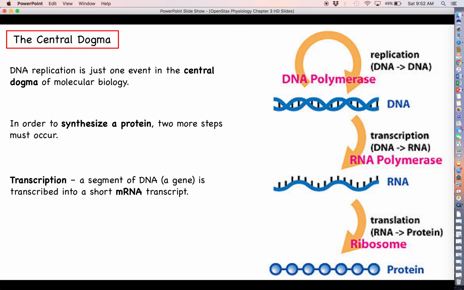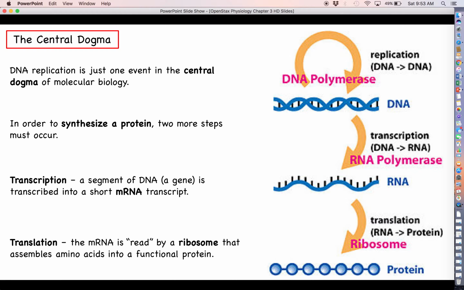Transcription is the process where you start with your DNA, particularly a very specific part of the DNA called a gene, which we will define later, and we are going to transcribe that gene into a short messenger RNA transcript. And then translation: once we have made that messenger RNA, it is going to be exported